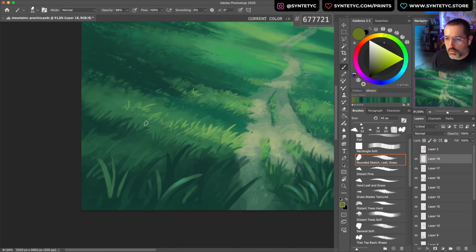I'm going to use a darker yellow. For example, if this is a flower,